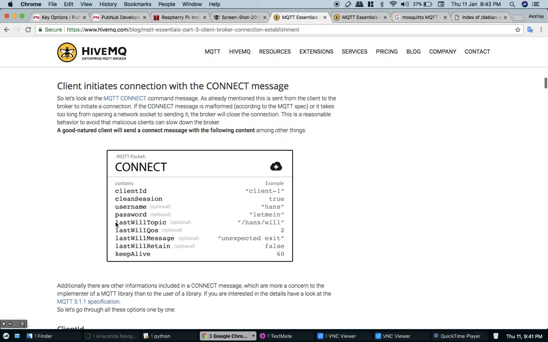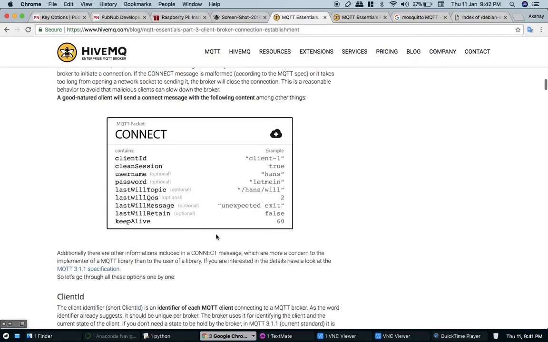This is defined by last will topic, QoS, message and retain. And keep alive means for what time your session should be alive. So this is the connect packet sent by the client to the broker.